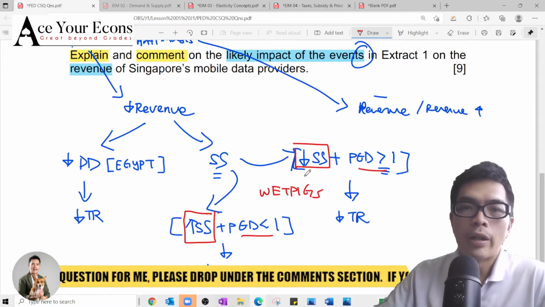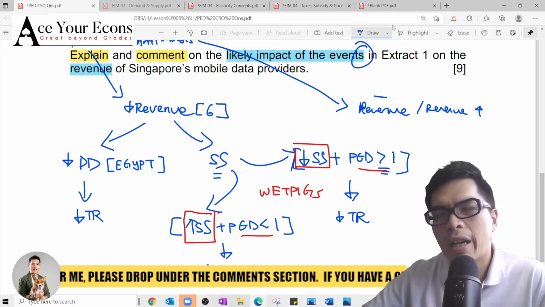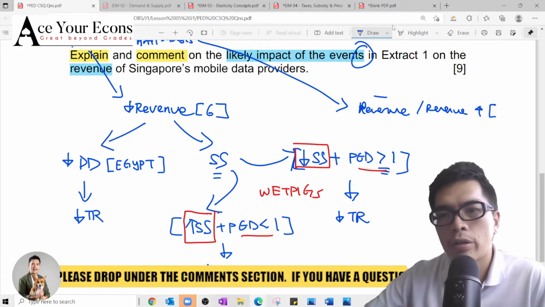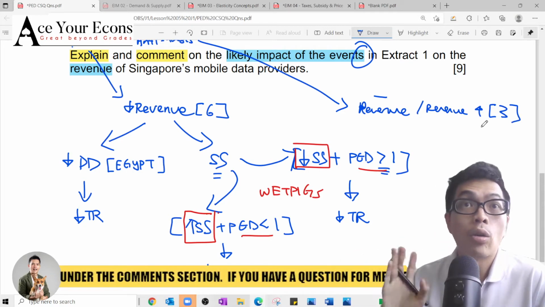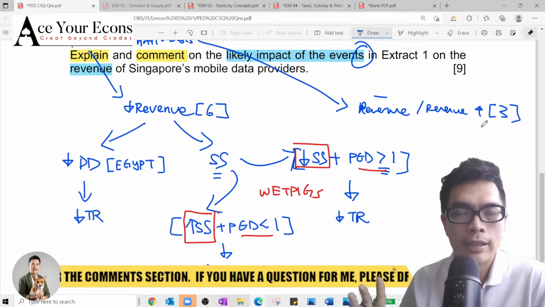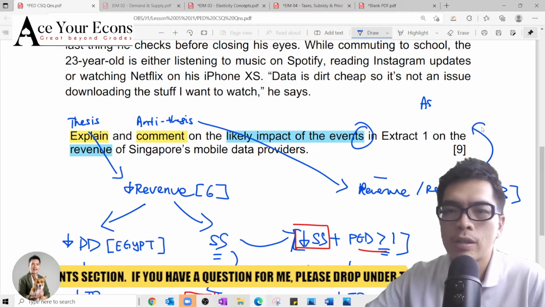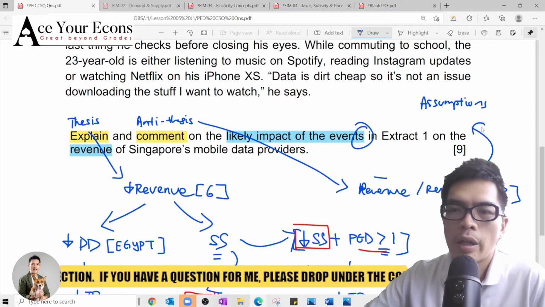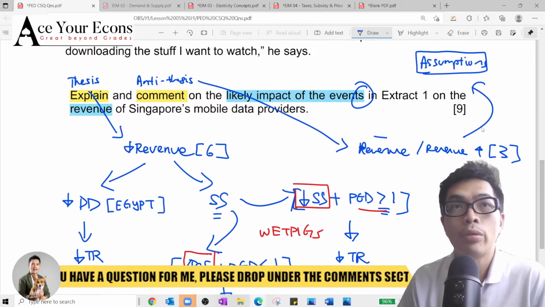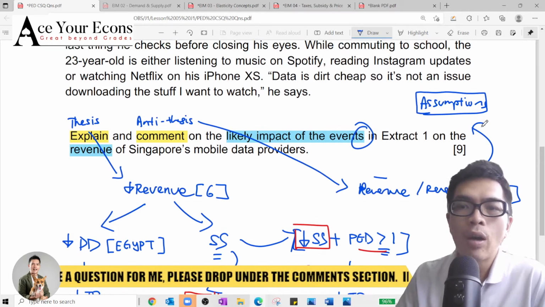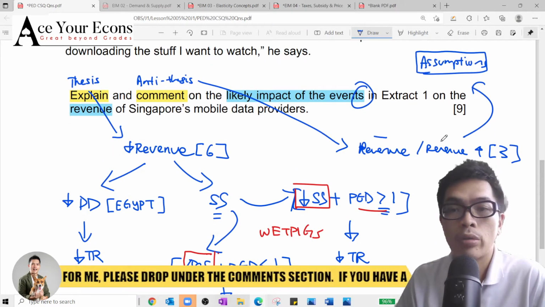So ideally, you should allocate 6 marks to your thesis. Alright, so for the stronger students, I would like you to work on your antithesis. If not, it is okay. We will address these together. The antithesis is hard. It requires you to look into specific assumptions, to critique assumptions and to establish why revenue is unlikely to change, or under what form of assumptions will your revenue increase, in contrary to your thesis.